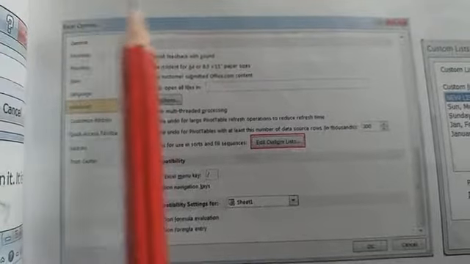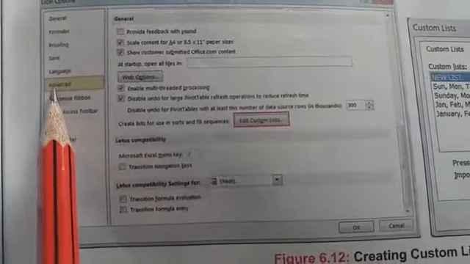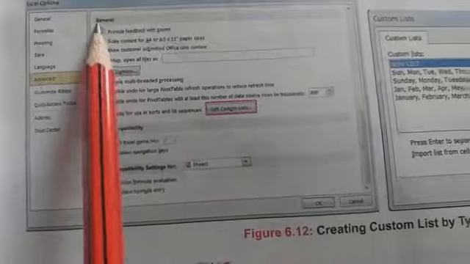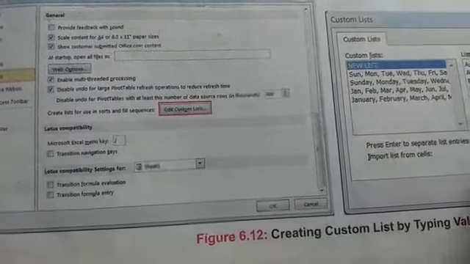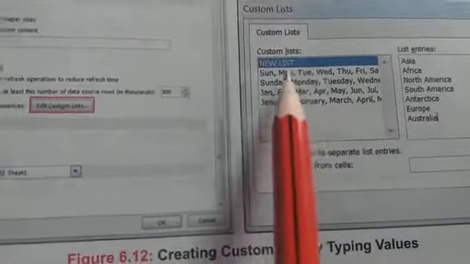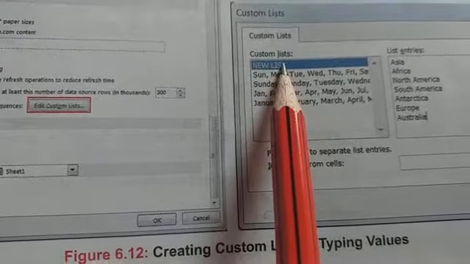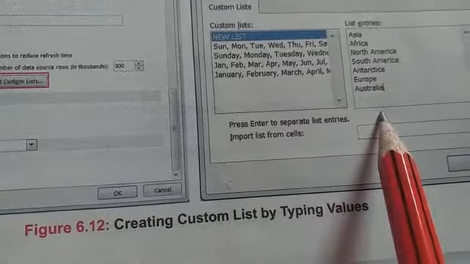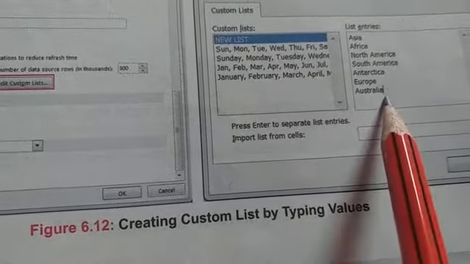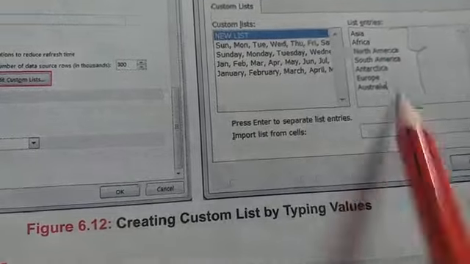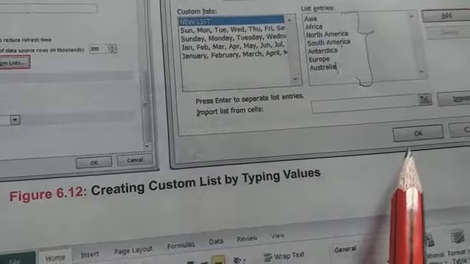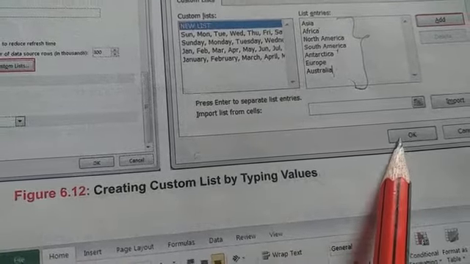Yes, Excel options dialog box is open now. Here you can choose this advanced option. After this you have to choose the option from the general category, and after this custom list dialog box will appear. Here you have to choose new list, and after that it will give one box to you. Here you can write any list that you want to create. You can enter the entries of the list, and after this you have to click on the add option, and then at last you have to click on the OK option.